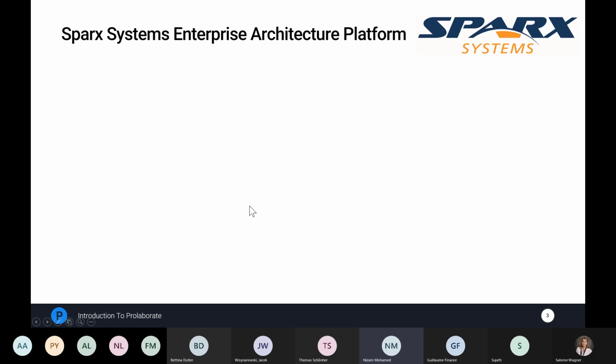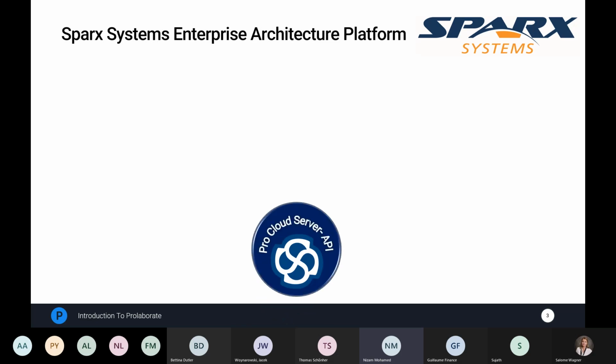So without spending a lot of time on it, what I'm going to quickly introduce is what the Sparx platform is as it stands today, and what the 4 use cases are. And I'm going to keep it quick because I know we are constrained by time. But this is to establish that Sparx Systems, which was renowned for its modeling tool for the last 20 years, has evolved itself into a complete architecture platform by adding the necessary components to leverage the model data from